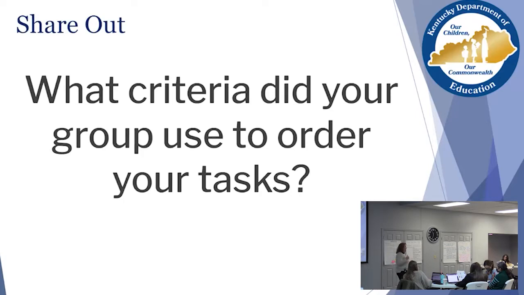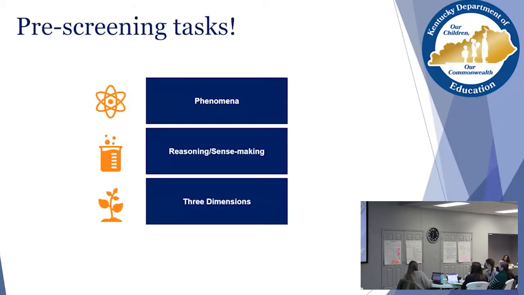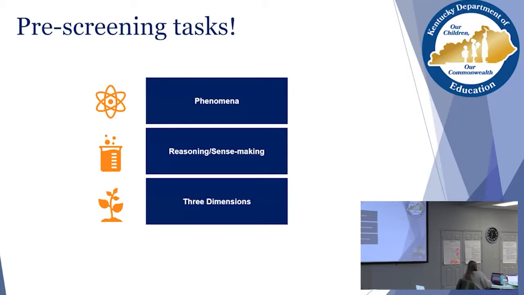So we've looked at some perspectives this morning. We have looked at some tasks. We have looked at criteria around the tasks. Somebody jumped the gun, which is the downside of giving you PowerPoints, because they put it in their criteria over there about a tool that can be used to actually look at tasks through a large lens. And that's through a tool called the pre-screener.